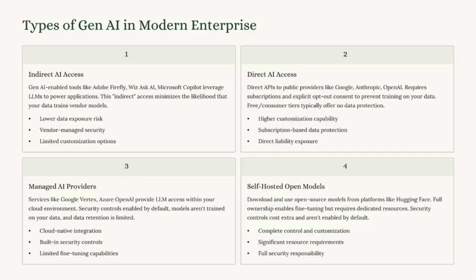Direct AI access is where I want to tie directly into a public AI provider, like OpenAI, like Perplexity, like Claude, and I want to either plug into their API or just use their chat interface, right? And with those chat interfaces, you can upload sensitive documents, you can have it write emails.